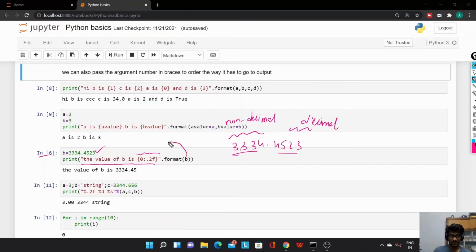So what happens is that the first value passed to the dot format method should be replaced in this first curly bracket. But this curly bracket contains the value 0 colon 0.2f. What does this actually mean? This 0 colon 0.2f indicates keep the non-decimal value, that is 3334, as it is, and 0.2f indicates replace the decimal value by rounding it to 2 digits. This 2 indicates 2 digits. So replace this decimal value by rounding it to 2 digits, which means this 4523, when rounded to 2 digits, gives 45. So that's the reason we are getting